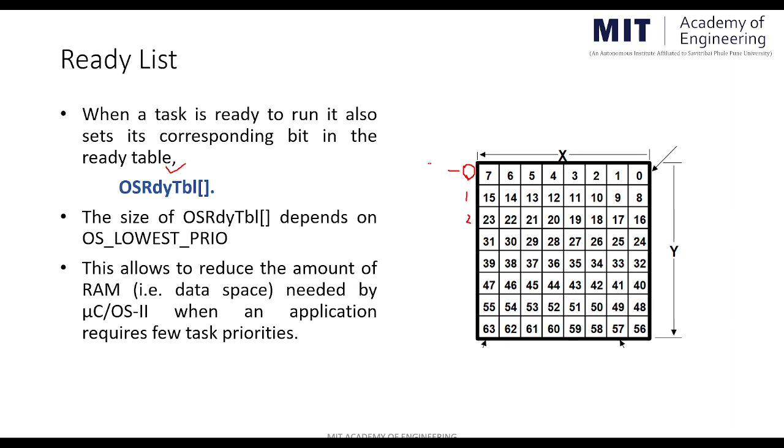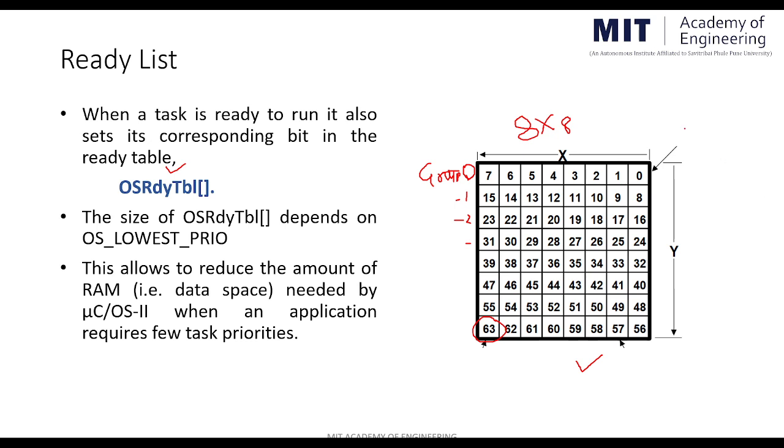So this is group 0, having 8 priorities. Then this is group 1, group 2, group 3. So this is an 8 by 8 matrix. Why an 8 by 8 matrix? Because we know that MicroC/OS-II supports a maximum of 63 tasks to be created. So this is the maximum number of tasks MicroC/OS-II can create. So for 0 to 64, an 8 by 8 matrix is created for the OSRdyTbl. This is the OSRdyTbl, which has a 64-bit map arranged as an 8 by 8 matrix.